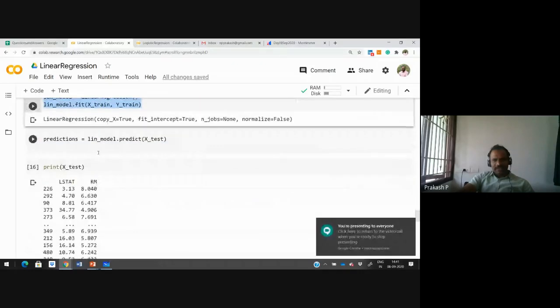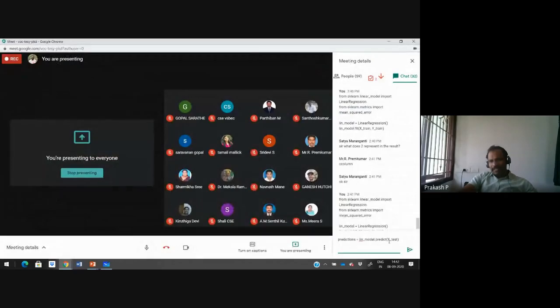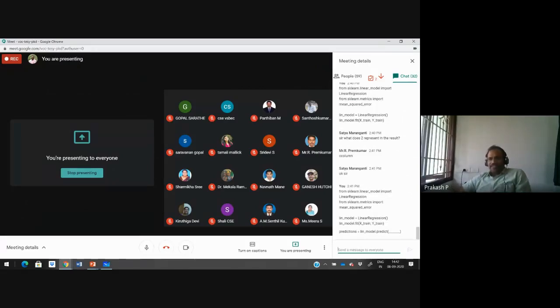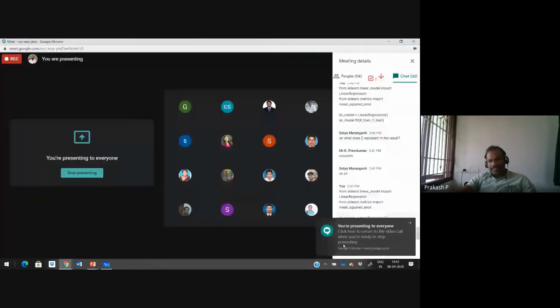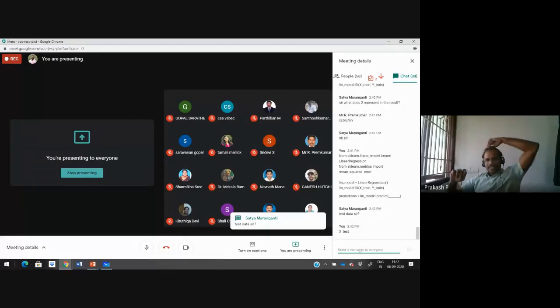Then once we are done with the model, we need to predict. For which data do we need to predict? Can someone tell me which data I need to predict in the fill in the blanks? We created a model, we fit the model. Now we need to predict with respect to which data? The train, X_train and y_train, we have done. All right. So in model.predict, good, ma'am, we need to pass X_test, because we already split that data into train and test.